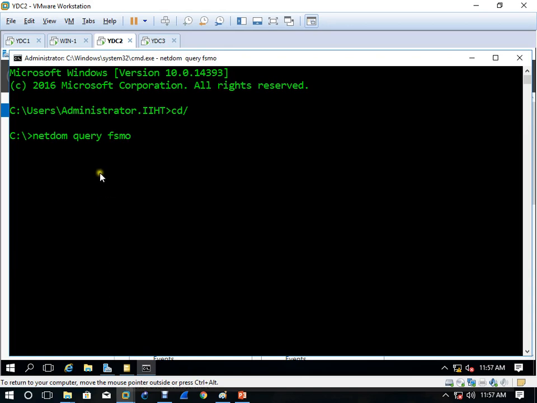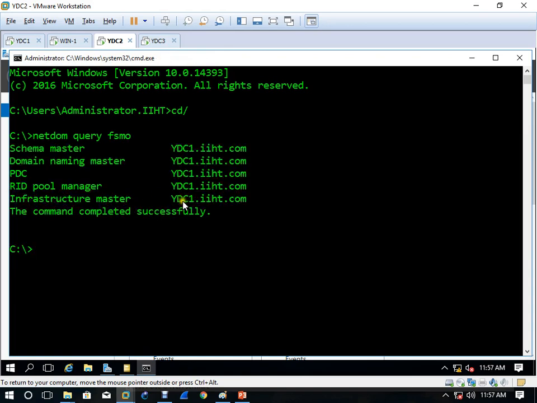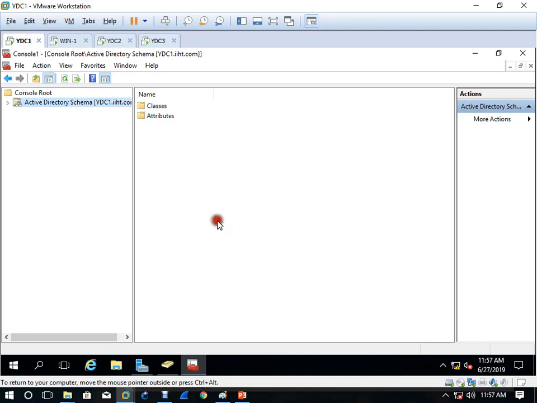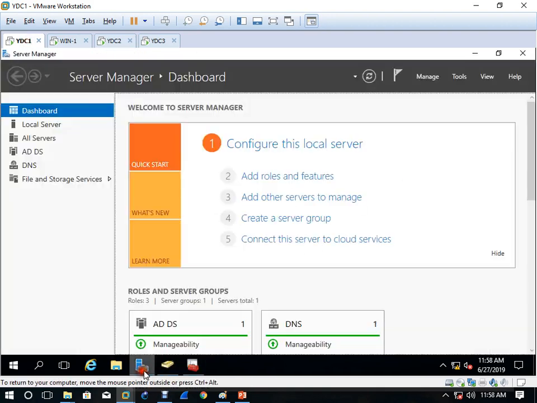So now you can see all are on Yaoundé DC1, right? Okay, now let's come here to Yaoundé DC1. First of all, it is not in a sequence that you have to transfer this one or that one.